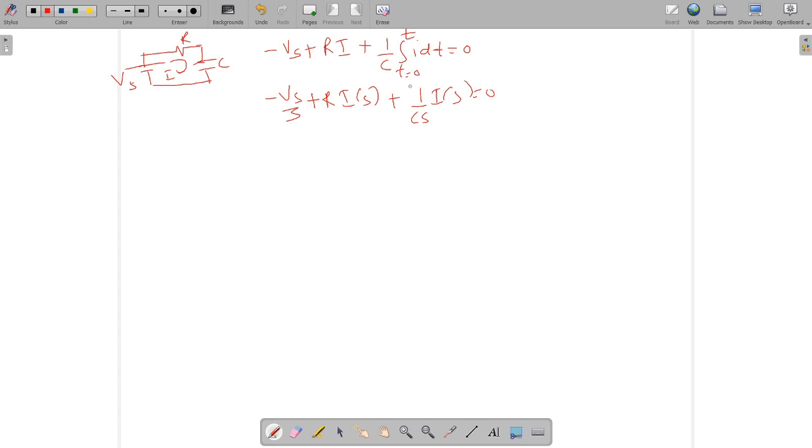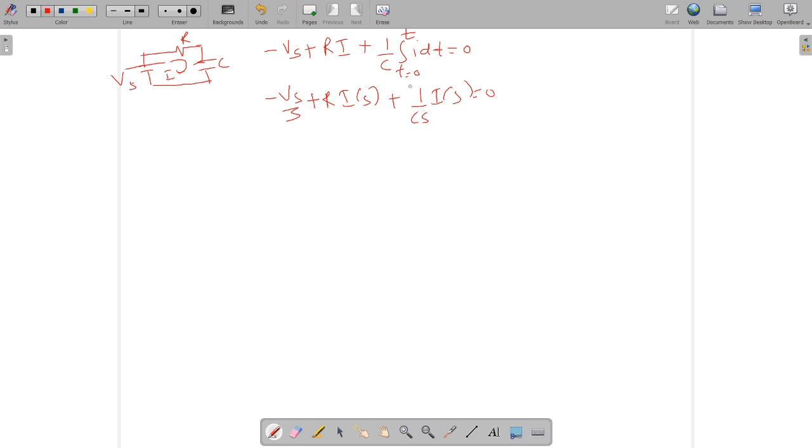How are you going to write the network function for this? Network function is always the ratio of something to something. Now what is something? Suppose you take any circuit, you have two ports, the input port and the output port. The input port is a port from where you are giving some energy, and the output port is a port from where you are taking the energy and giving it to the load.